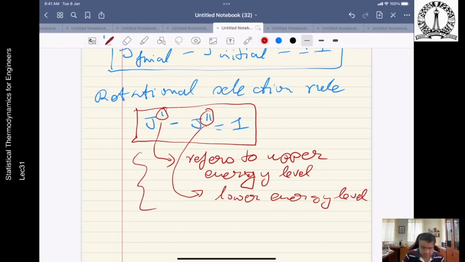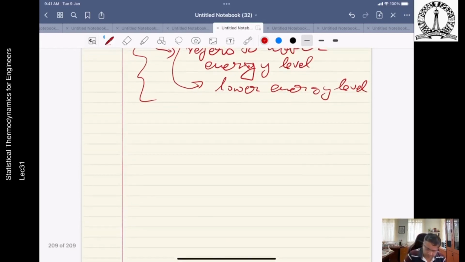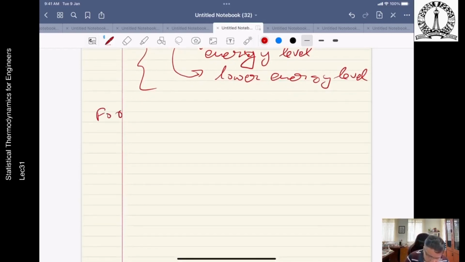So applying this nomenclature for each spectral line for pure rotational transition,